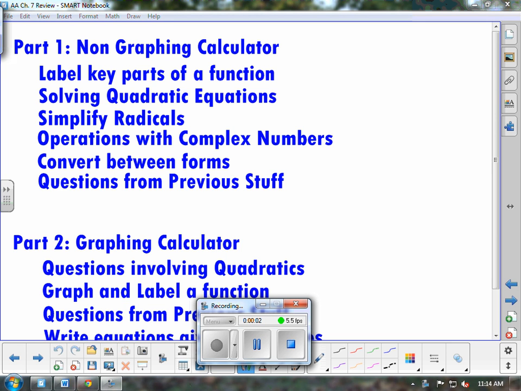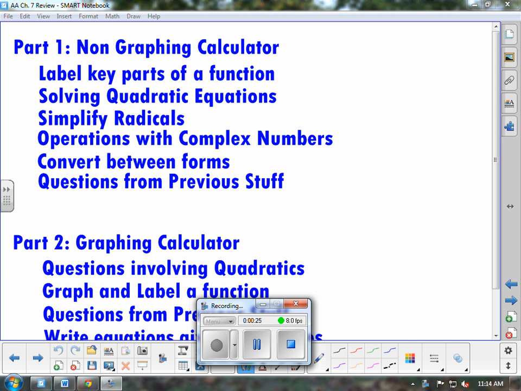The non-graphing calculator part of the test will ask you questions dealing with graphing and labeling parts of a quadratic function. You'll have to solve some quadratic equations in the different forms. You won't have to do one by completing the square. You will have to simplify some radicals like the square root of 50, operations with complex numbers, and then you